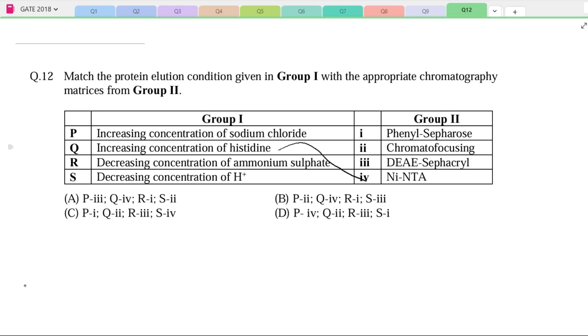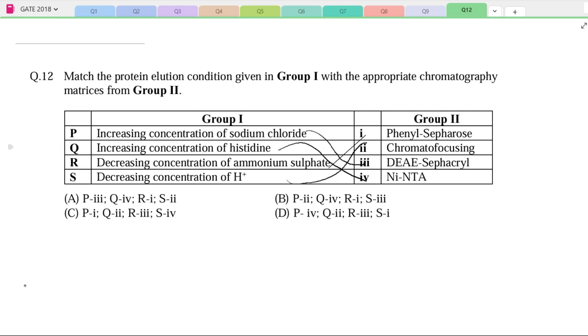So I would first match this, and then increasing concentration of sodium chloride is used with DEAE Sephacryl, and then decreasing concentration of ammonium sulfate is used in phenyl Sepharose,